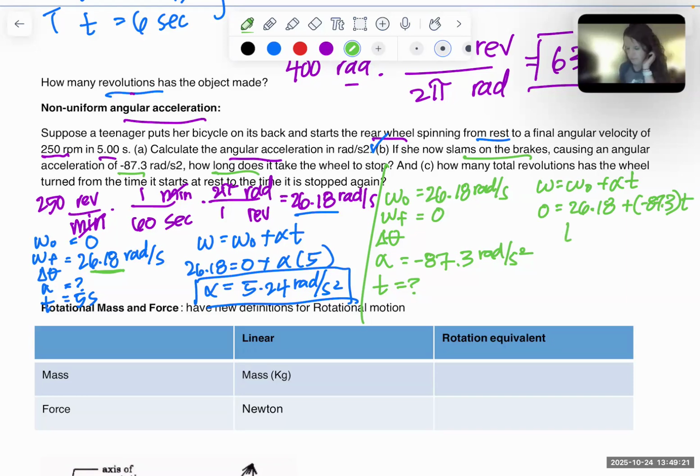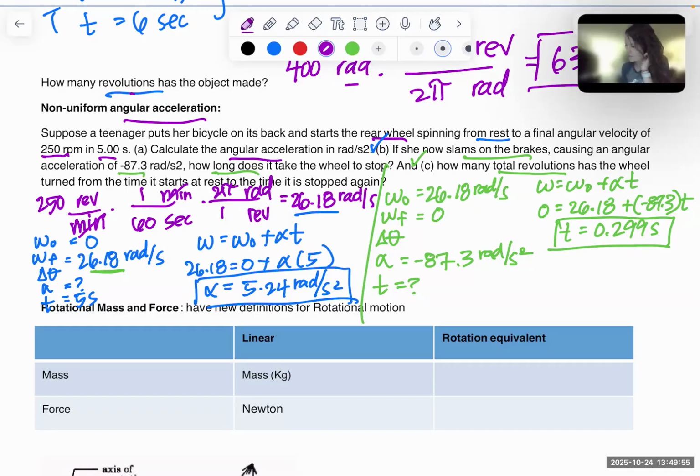All right, so if we work this out, our time is going to end up equaling about 0.3. It's 0.299 seconds. And so that is our final answer for part B. And then if I want to know how many total revolutions the wheel has turned from the time it starts at rest to the time it stopped again, essentially we have to do the blue part and the green part, figure out our delta theta, and then convert it to